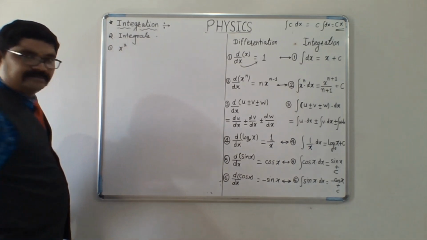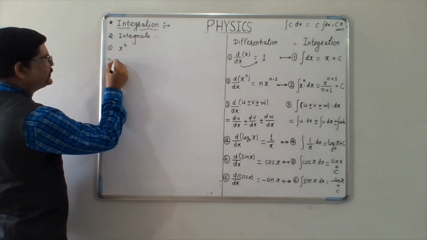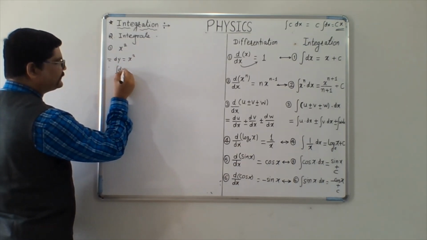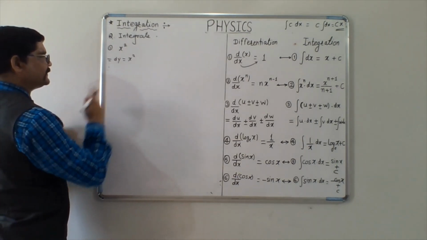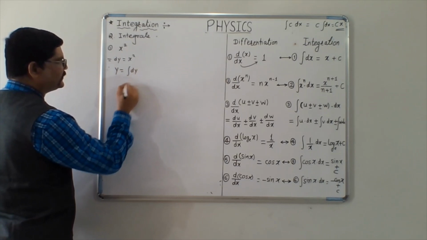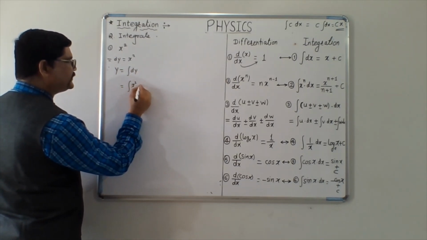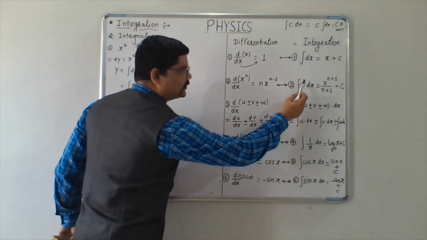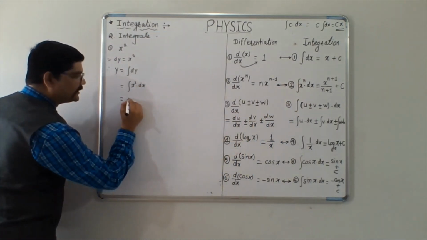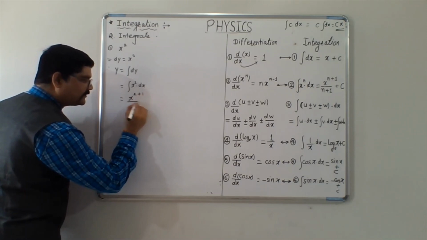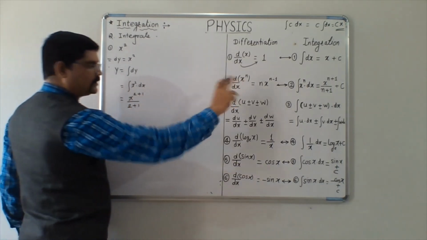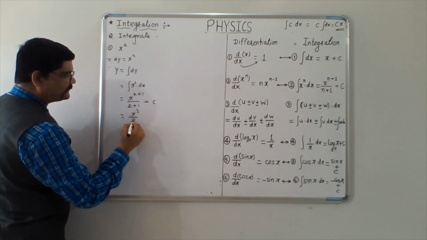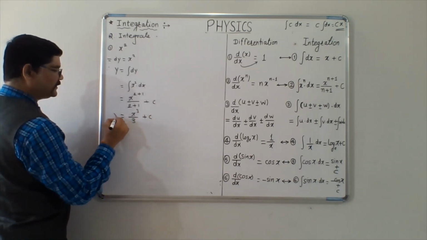First, say x square. So here we have been given dy is equal to x square. So integrating dy must give us the quantity y. So I will take y is equal to integration of dy, that is integration of x square into dx. We will use the formula x to the power n. So n is 2 here. I get x to the power 2 plus 1 divided by 2 plus 1 plus the constant of integration c. This will come as x to the power 3 divided by 3 plus c. This is the y,